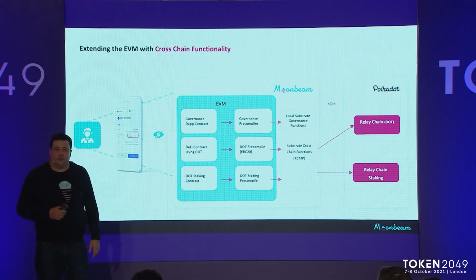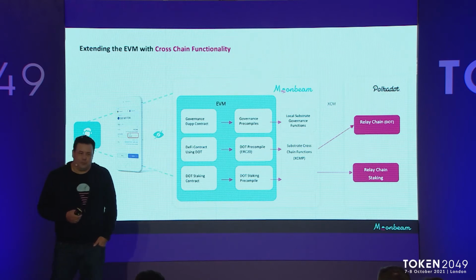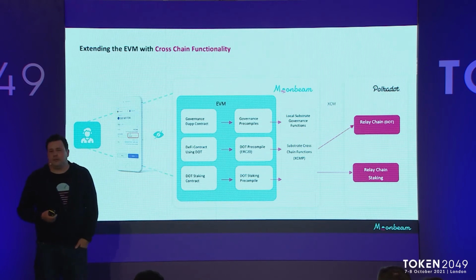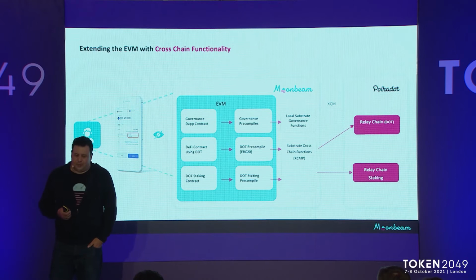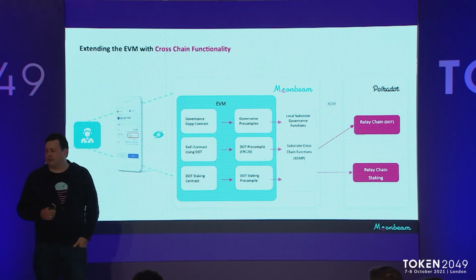I mean, there's a lot of Geth forks. There's a lot of different environments. So the question is, why? What is it that's special about Moonbeam? What is it that's unique about Moonbeam? And really, the thing that is special about Moonbeam comes from the fact that we are not only an EVM and Ethereum-compatible environment, but that we're also a parachain on Polkadot. So what does that give us?